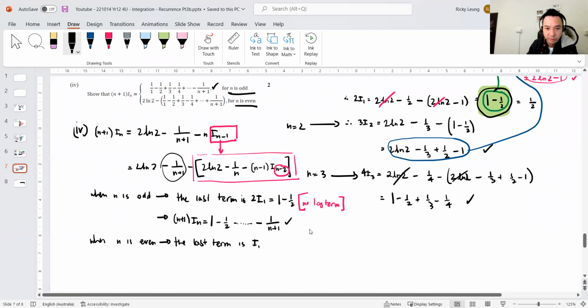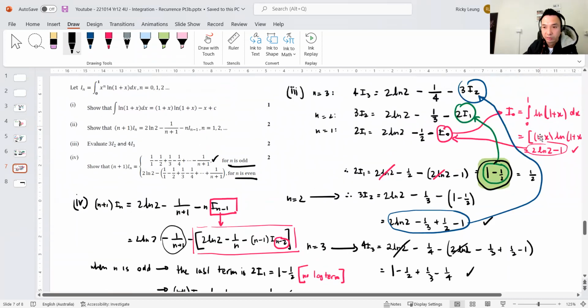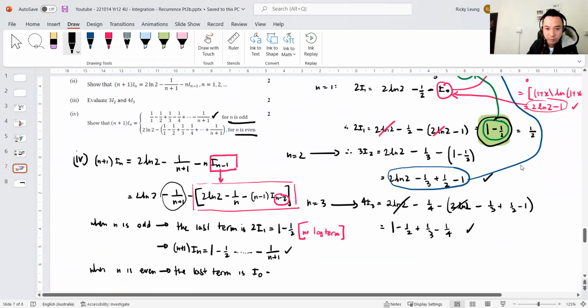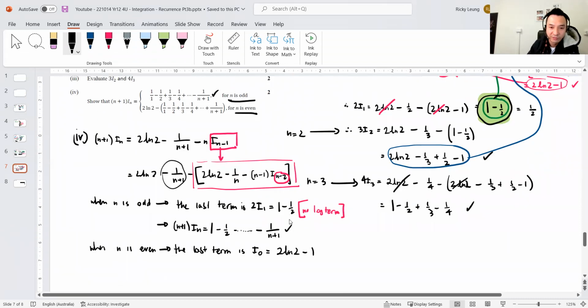I2, so 1, it's just I0. And what is I0? Did I actually do that? I did. So it's 2ln2, which equals 2ln2 minus 1. So this is important, because if that's the last term, therefore, when n is even, then n plus 1, the recurrence formula, starts off with 2ln2 minus 1, and then everything else alternates. Minus 1 and plus. So 1 is like 1 on 1, plus 1 on 2, minus 1 on 3, plus